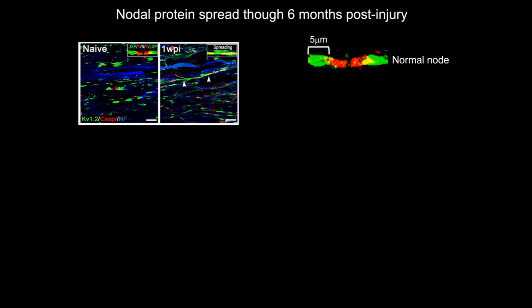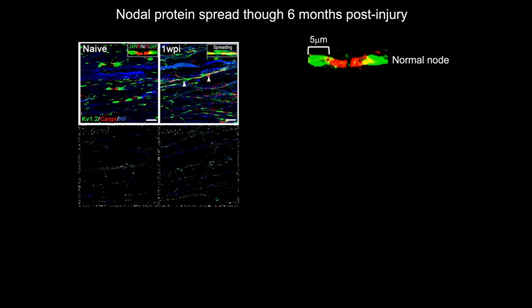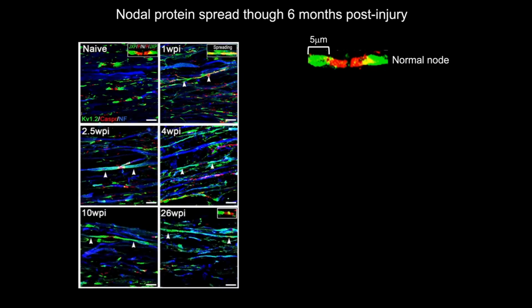So Nikki looked at different time points and was able to show at 1 week post-injury, you can see there's beginning of spread here. These potassium channels are getting longer. And then over time, this continues. Even out to our 6-month post-injury tissue sections, here's an axon labeled in blue. And look, these potassium channels are all along the axon. And there are also some Caspr channels or Caspr proteins mixed in, as you can see here.